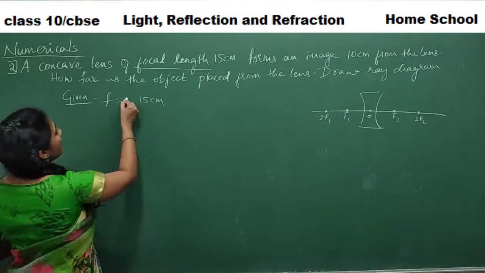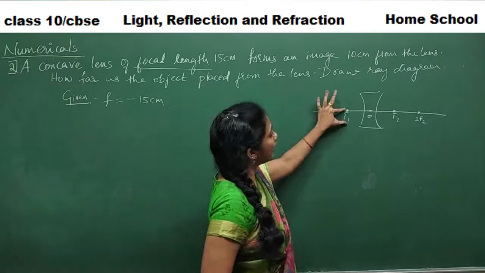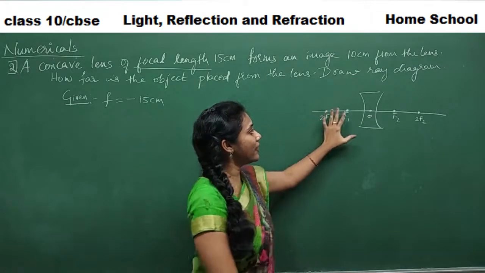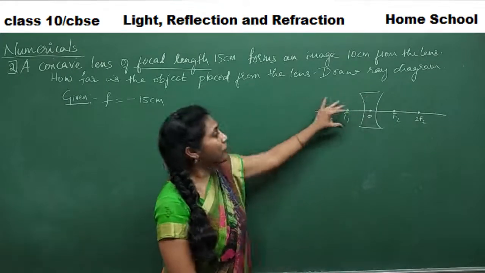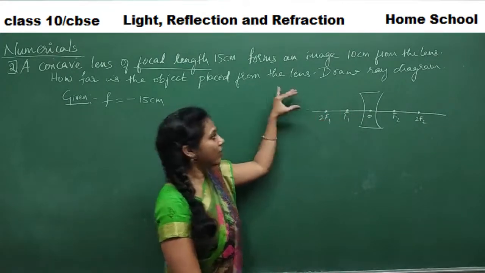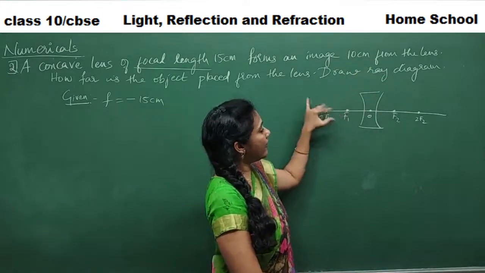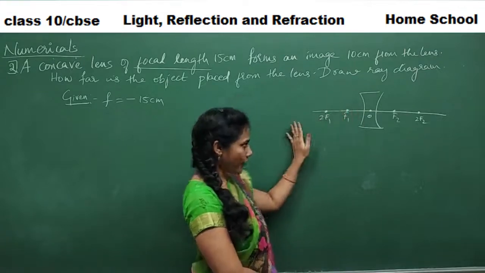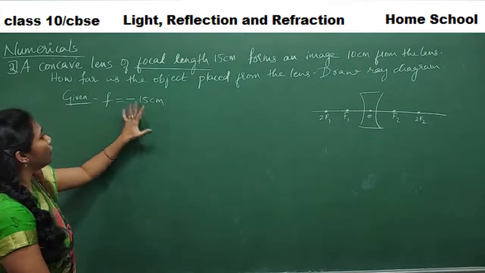Definitely it is a minus sign, because say F1, this is the focal length we are going to consider, because this side is where the converging of rays is taking place, right? Actually the rays will diverge, but we extend the lines and we make them meet this side. So this is the focus we consider. It's a negative x-axis side, so a negative value we will consider for focal length.